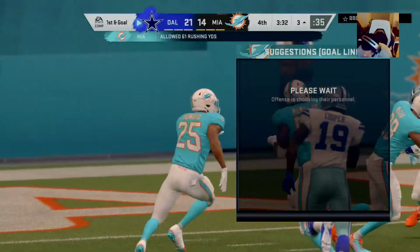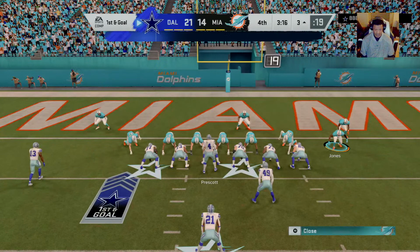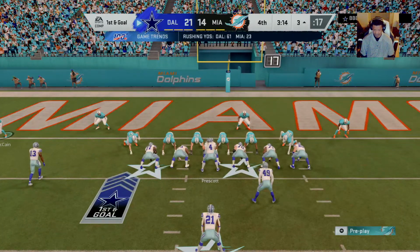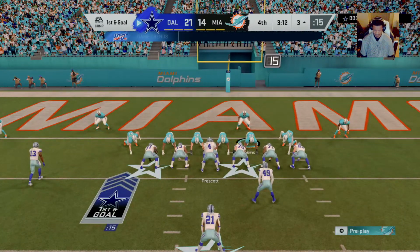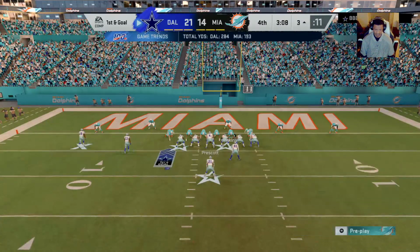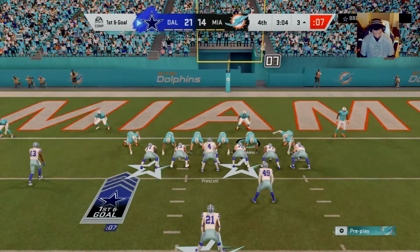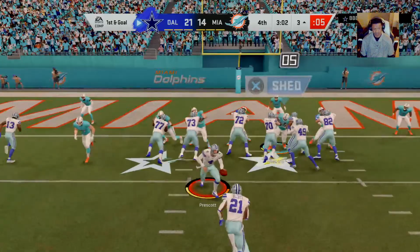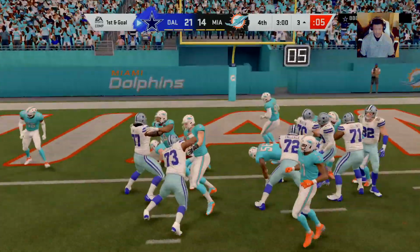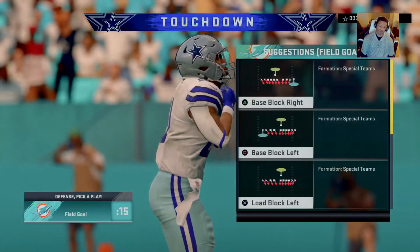Sets him up nicely. 1st and goal. It was a pickup of 14. Hey, D-back, let's go. Pick it up, D. Check, check, check, check. Now Elliott. And he'll get in. Touchdown, Cowboys. Ezekiel